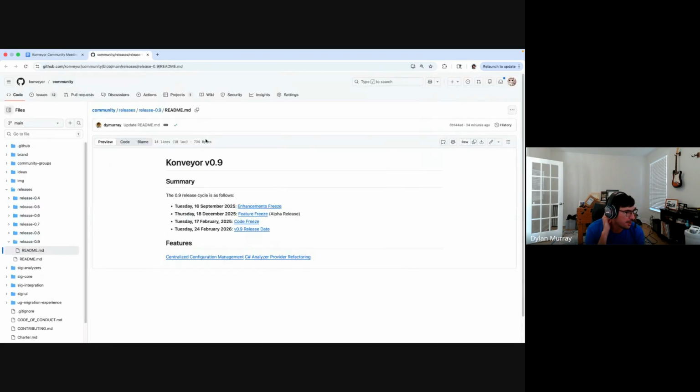I made sure this was updated earlier today. The two main features that we're targeting that had enhancements associated with them for 0.9 are centralized config and the refactoring of the C# provider. So we have feature freeze set for the 18th, a week from today, which I'll then cut an alpha for